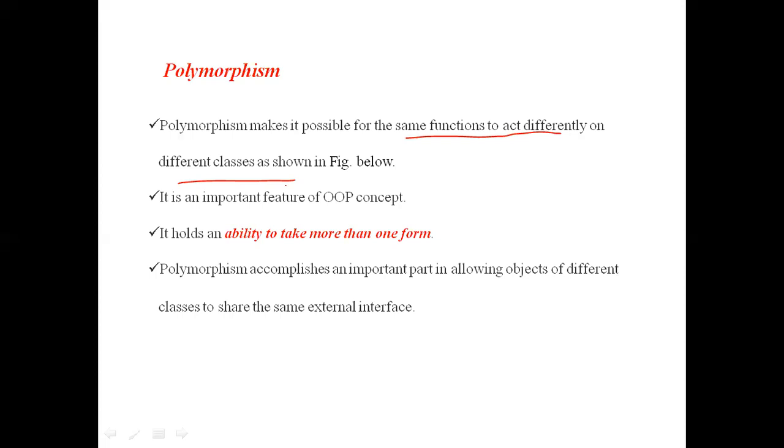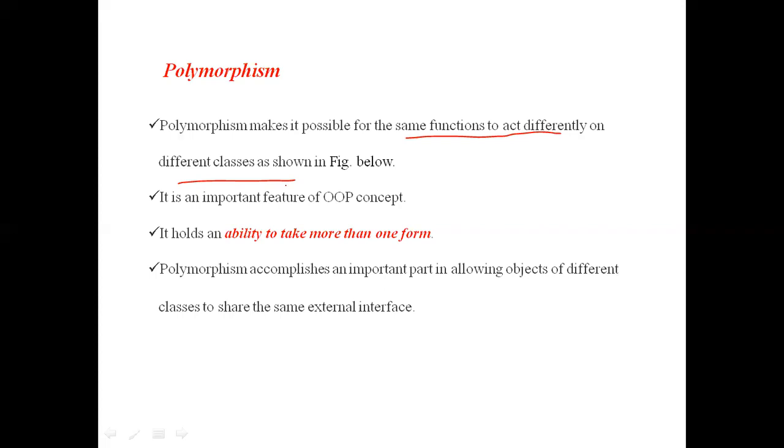So what is compile-time polymorphism, and how do we achieve it? That thing we have to know. Currently, we can't fully understand compile-time polymorphism, so we will understand it later when we go to the program concepts of C++. We can understand it easily then. Briefly I will explain, and if you have any confusion, we will clarify it later.